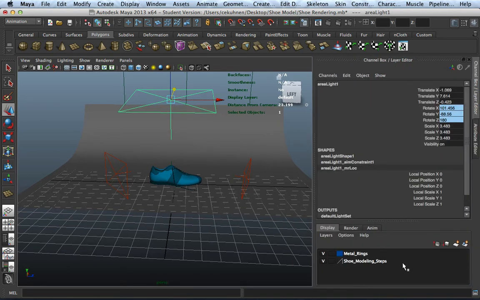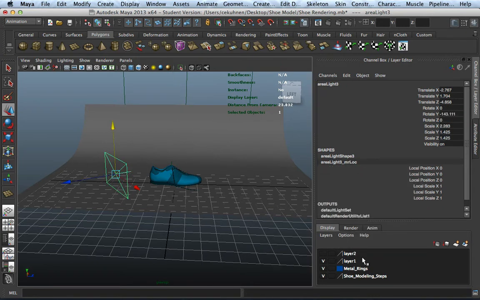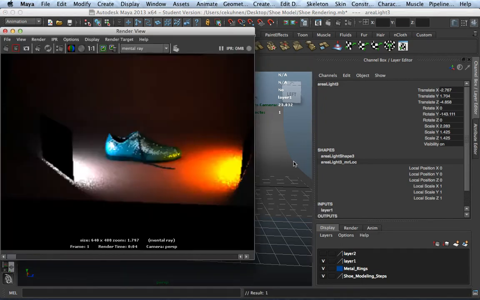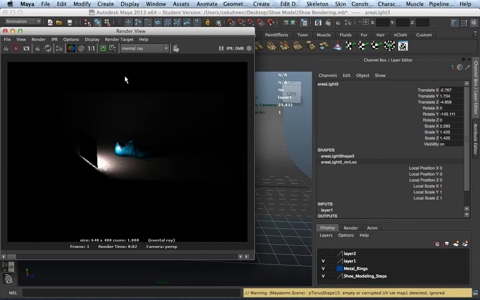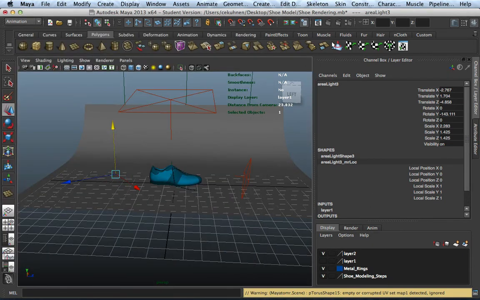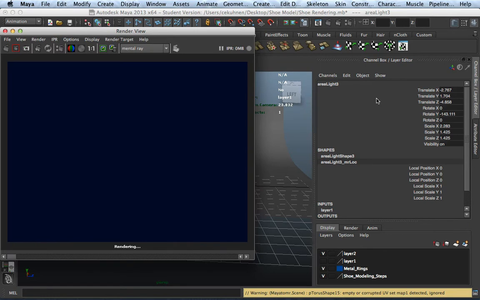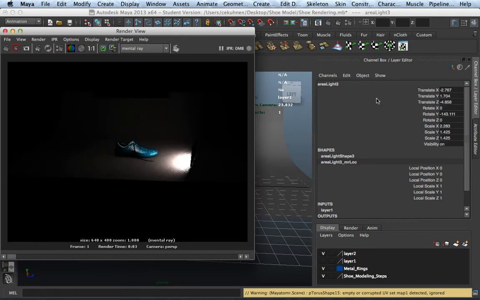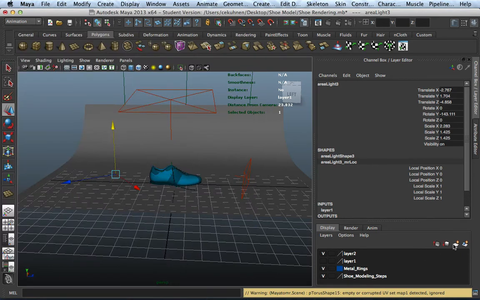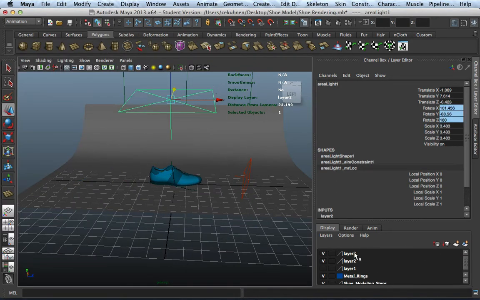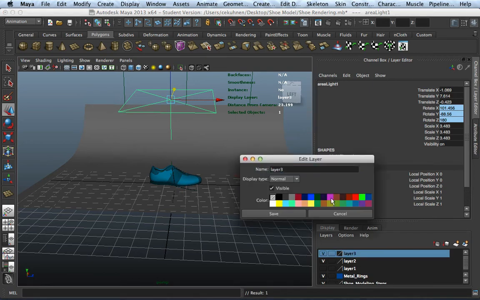A secondary approach would be maybe using layers. Let's say this one and this one we put onto this layer. This light we put onto this layer. So if I do a rendering now, I only see this light. If I turn that layer off and turn the other one on, I see those two lights working. Maybe make another layer here, put it on here, and then maybe I could call this top light,